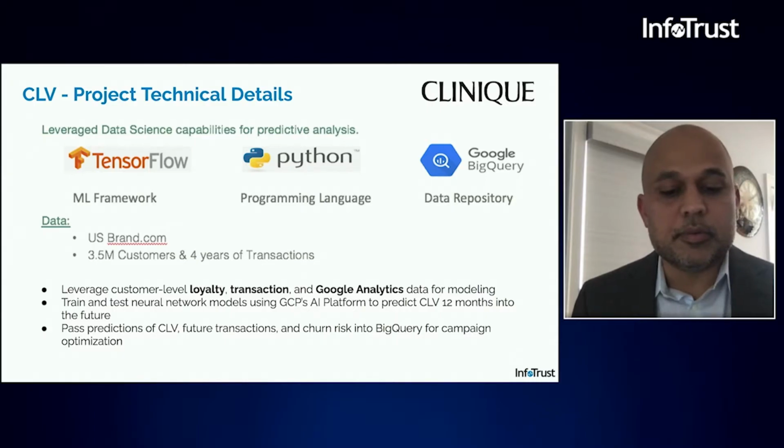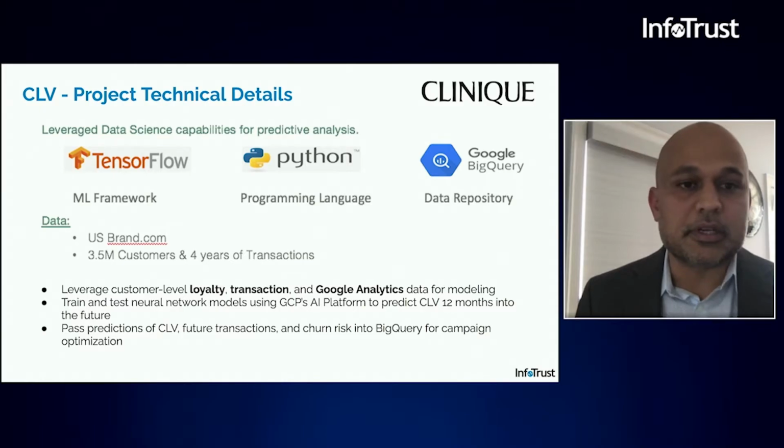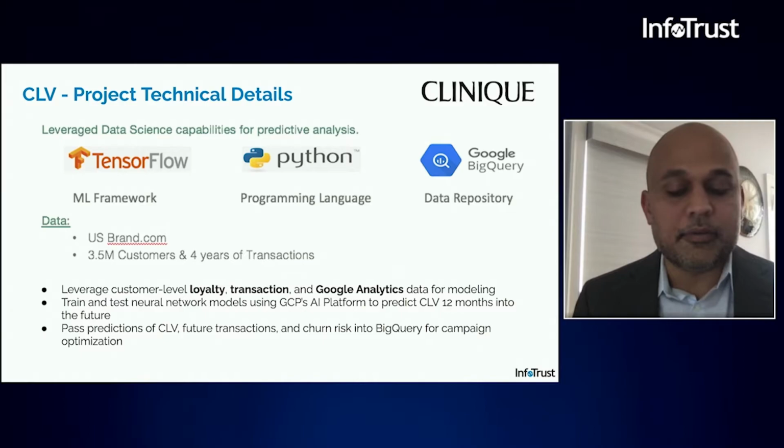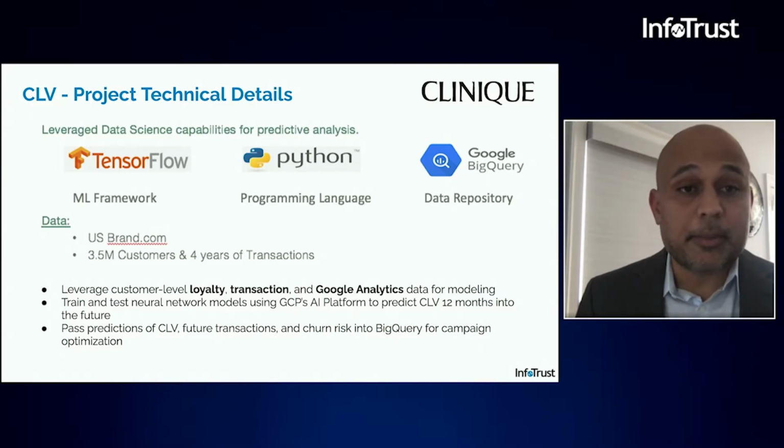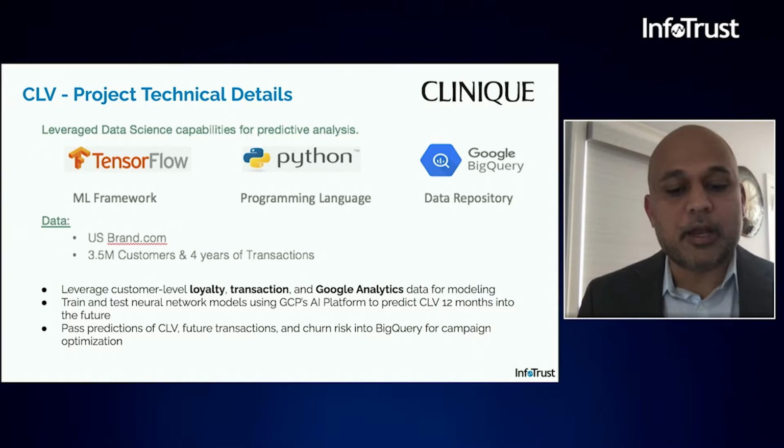Similarly, a customer who makes a transaction and leaves a review on the site is much more valuable than the consumer who just makes a transaction and, again, doesn't leave a review or engage with us after making the transaction. Also, when we looked at the feature importance while building these models, we figured out that, of course, the RFM metrics were up there in terms of feature importance, but there were a few surprises, like the stored payment method. If a customer has a stored payment method in their account, they were found to be more valuable than the customer who doesn't have it.